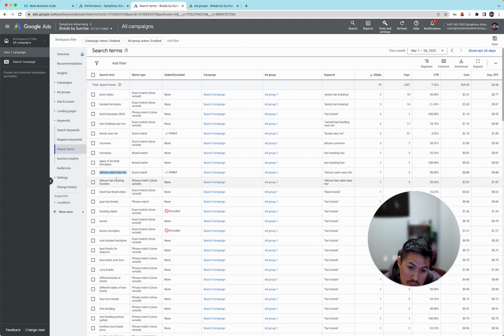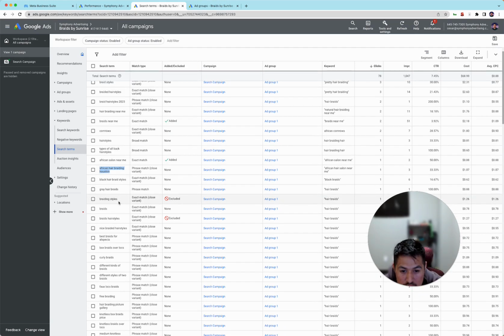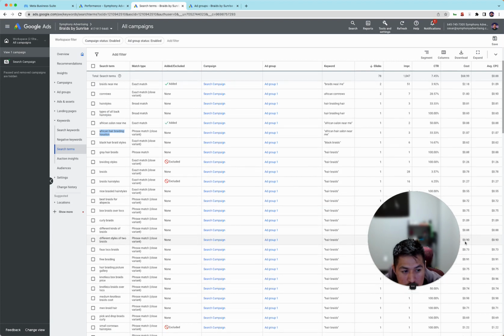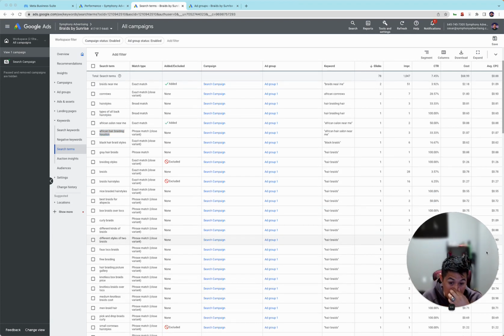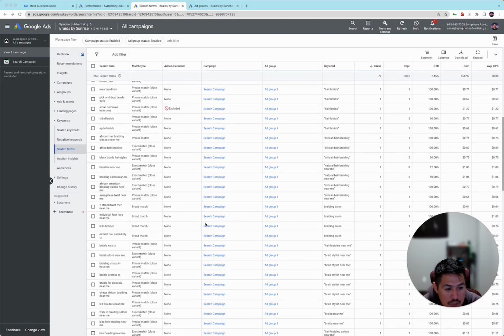African salon near me. So this was really good. African hair braiding Houston. So see, now they're being more specific. Where can I get this done? Gray hair braids, braiding styles, braids. So I think based off of the first 10 days, the adjustment I would like to make is focus specifically on more of the near me salons, Houston, and keep that type of search because, for instance, braids Cypress, Texas,